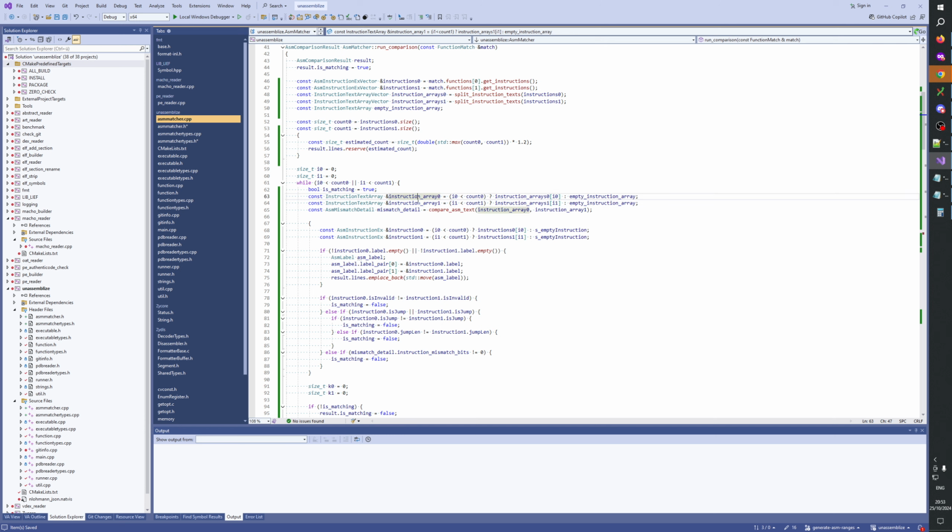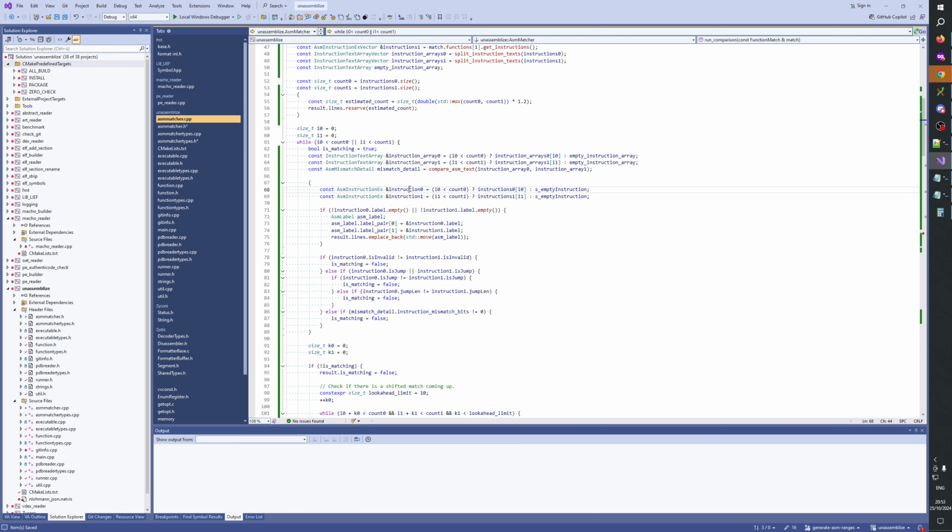Let's go through this once more. So we have instruction array. This one is set in stone here. And we then do one simple compare to begin with. Then we know whether or not it's mismatching. Then we just look at this instruction and we check if there's a label. If there is, then we place back that. And if there is an instruction that is invalid, if is invalid,